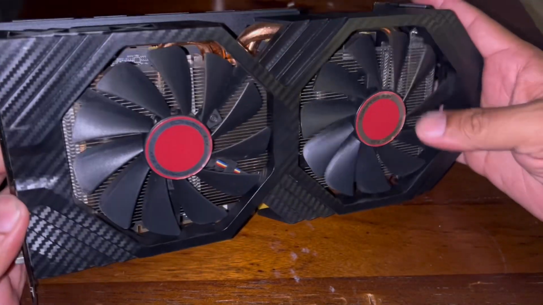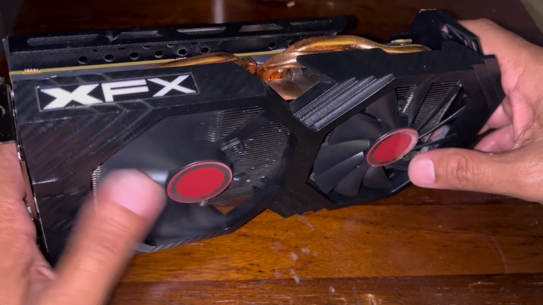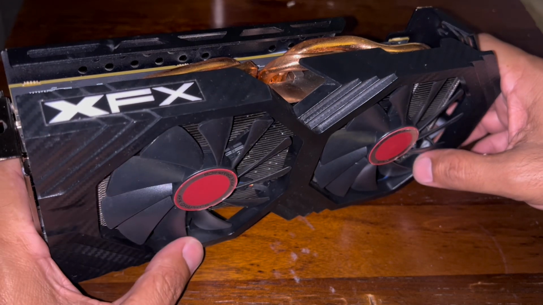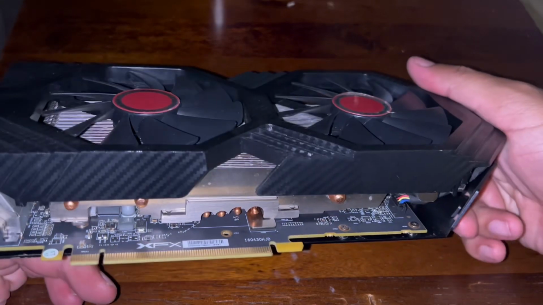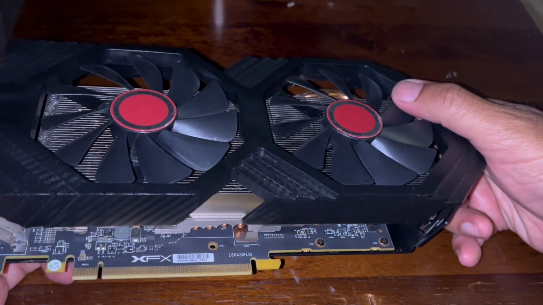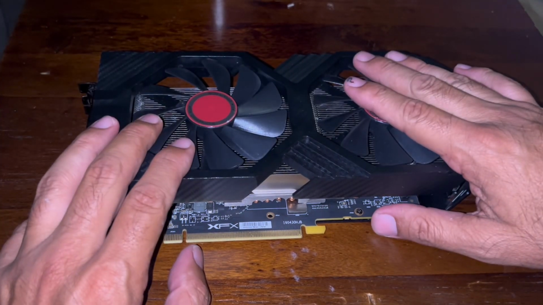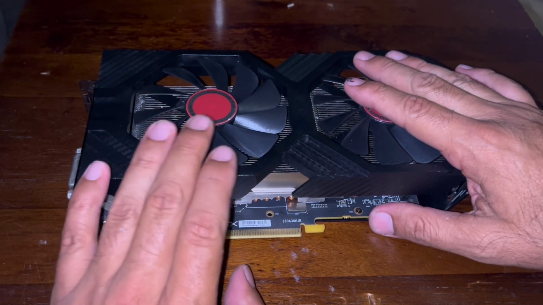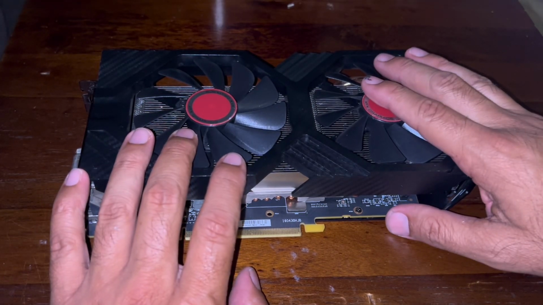Anyway, this one, the 590, is pretty fast. It has 8 gigs. It beats the 1060. And at the time when I was doing these benchmarks, this was probably the fastest card that I had. And then I went to the 980 Ti, which beat all of these. But the problem with the 980 Ti is the power draw. And so I no longer can include 980 Tis in my comparisons because